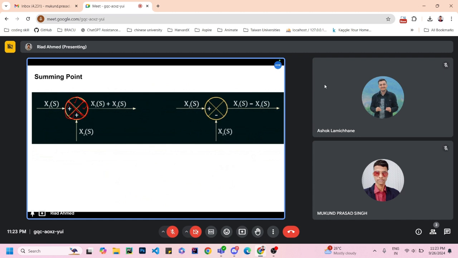Okay, so let's say you are using two inputs for the summing point, and the inputs will be characterized by the inward arrow. So as you can see, this signal is getting inputted, and how can we say that this is an input? Because the arrow is inward here, okay? And this is also an input because this arrow is also inward. But this arrow is outward. That means this is representing the output of this summing point, okay? So now we can easily identify which is the output and which are the inputs,